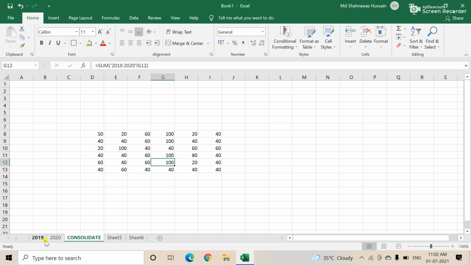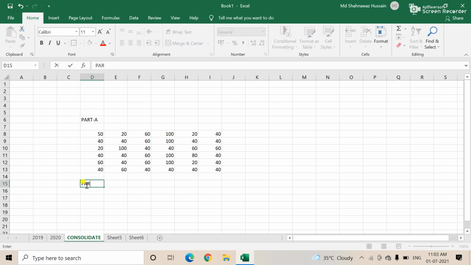In other words, the data consolidate function takes the data from a series of worksheets or workbooks and summarizes it into a single worksheet that you can update easily. So this is the function of consolidated data, and this is part 1, the one function actually. We are calling this part A, suppose.